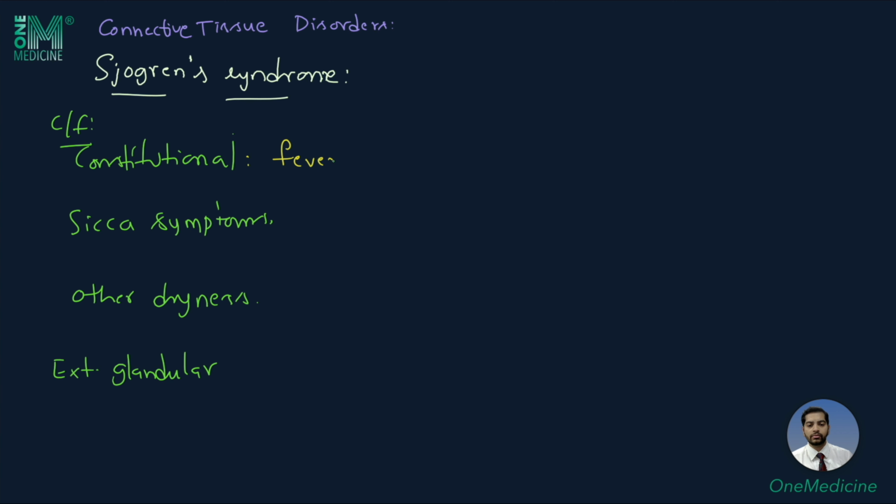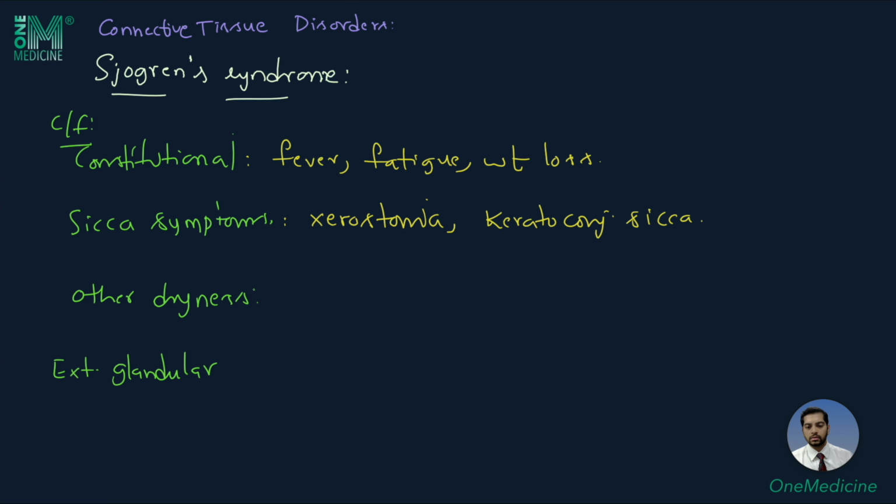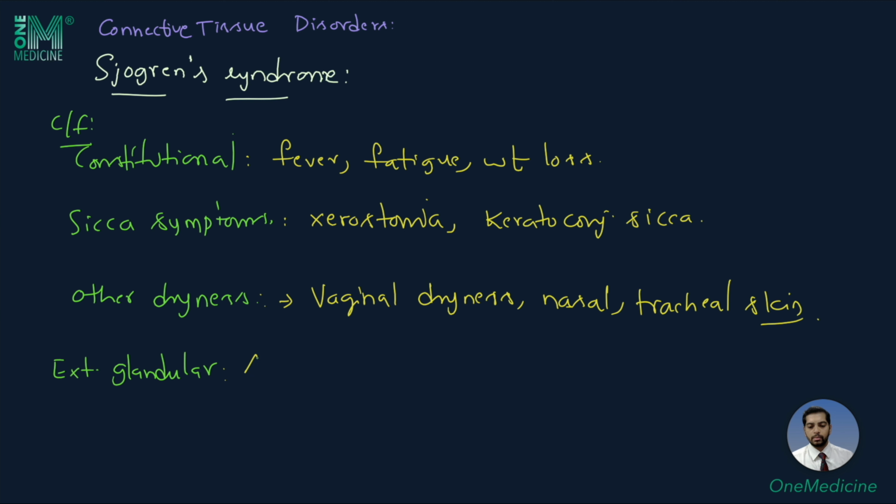Constitutional symptoms can be fever, fatigue. There can be weight loss also in such patients. Sicca symptoms are usually the dryness of mouth, which is called xerostomia. There can be dryness of the eyes, which is keratoconjunctivitis sicca. Other dryness can be vaginal dryness, nasal, tracheal, and even skin dryness can be seen. Extraglandular manifestations include arthralgias, Raynaud's phenomena, lymphadenopathy,